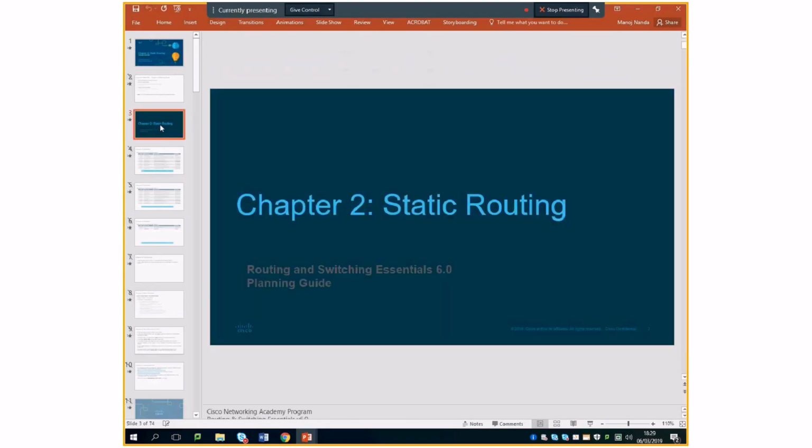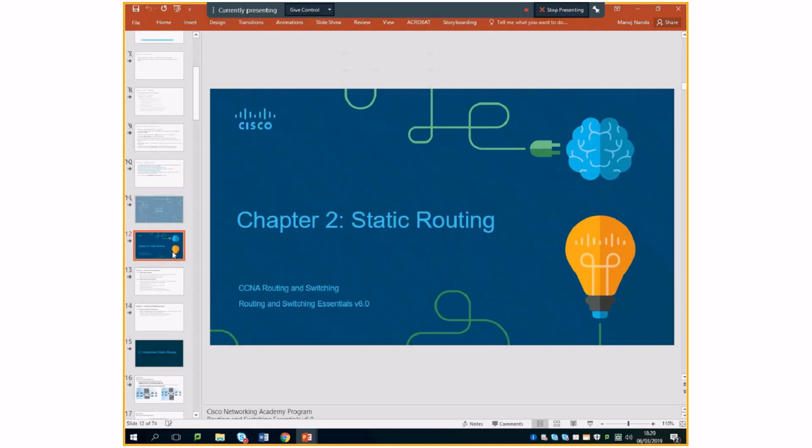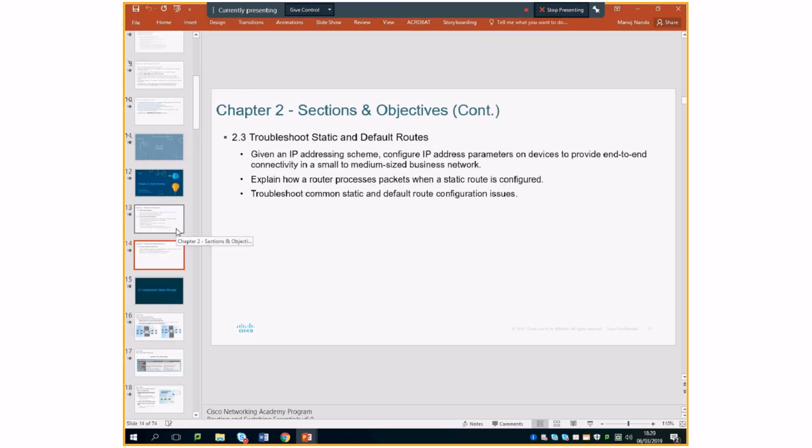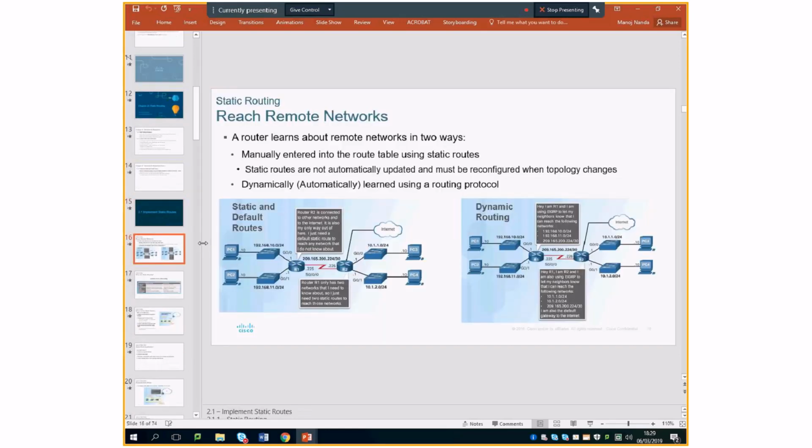Okay, folks, let's start with chapter 2 then. And so, we overviewed both static and dynamic routes last week. So we'll look at static routing, advantages, how you configure, and how you troubleshoot. Those are the 3 general objectives working with routes. Let's go. So,